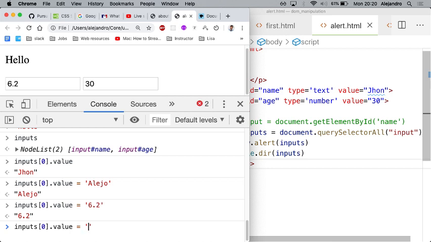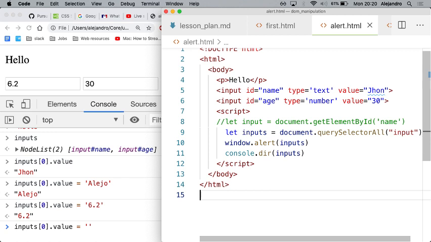Sure. Declare the variable inputs in the query selector of all. Is that like making a copy, or is it like a reference to the actual input? It will be a reference. So that's why you're able to change this? Yes, because